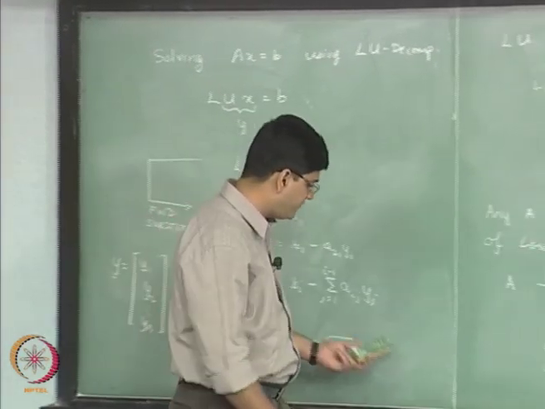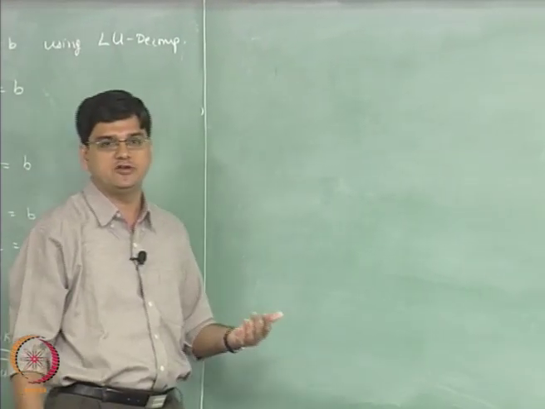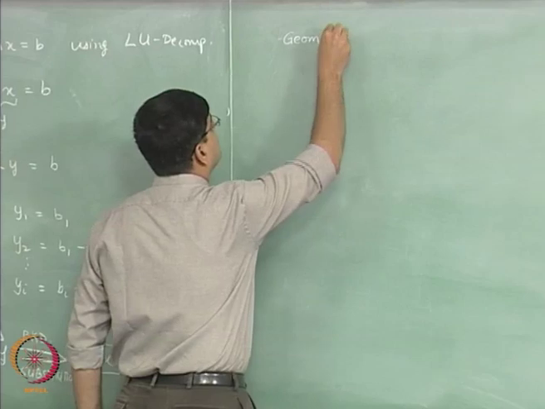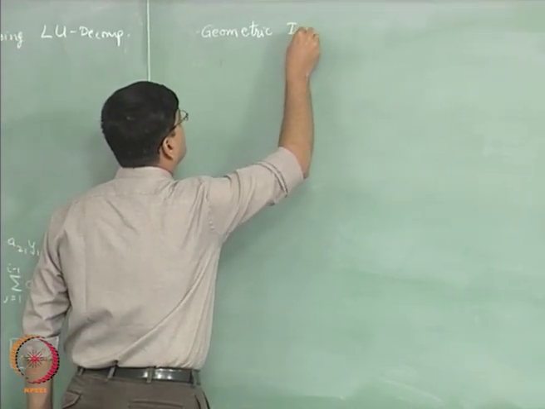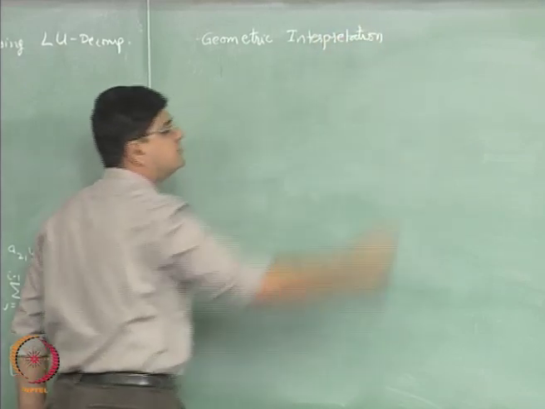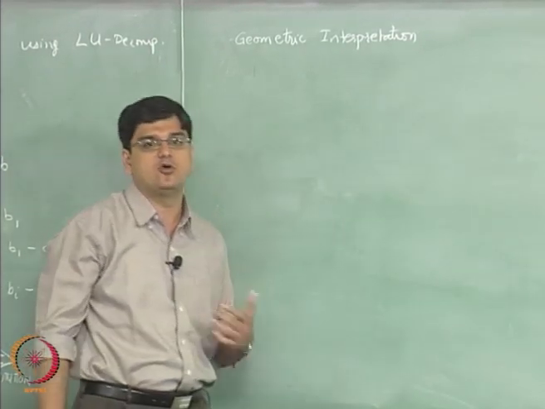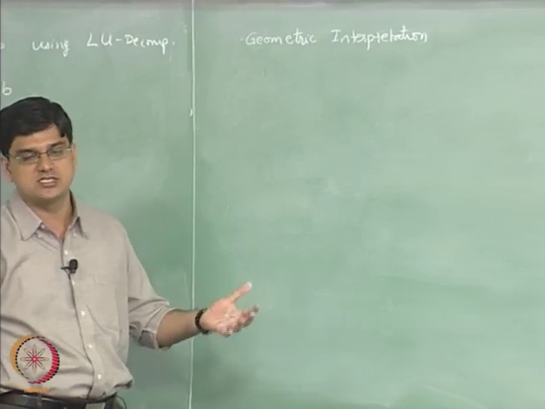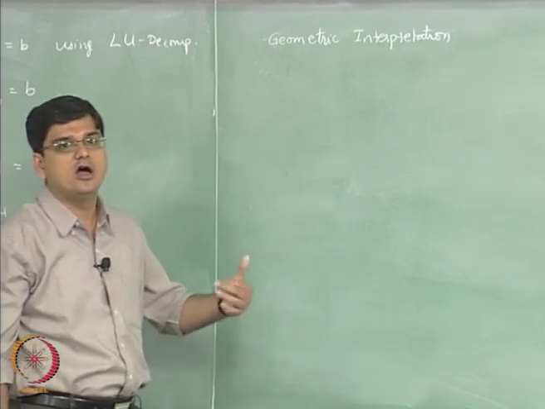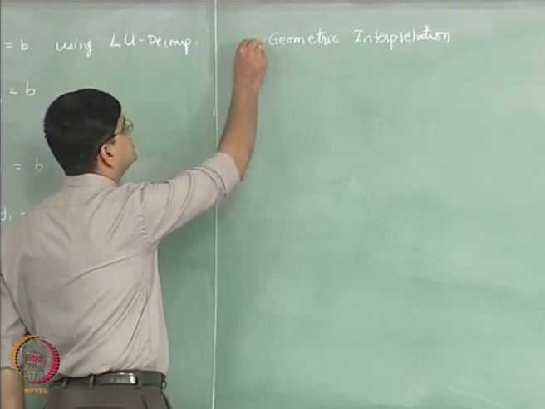So, to recap, what we have done so far is the following. We started with two linear equations in two unknowns, and saw the geometric interpretation, which we said was the intersection of hypersurfaces. We took a small aside into the whole idea of vector spaces and tried to motivate a different geometric interpretation as a linear combination of various vectors. So, those are the two geometric interpretations we initially considered.